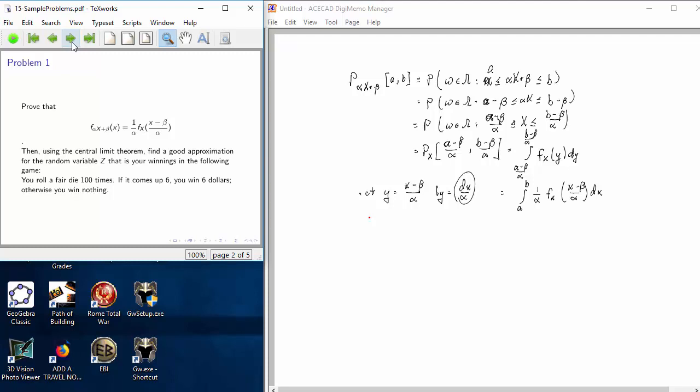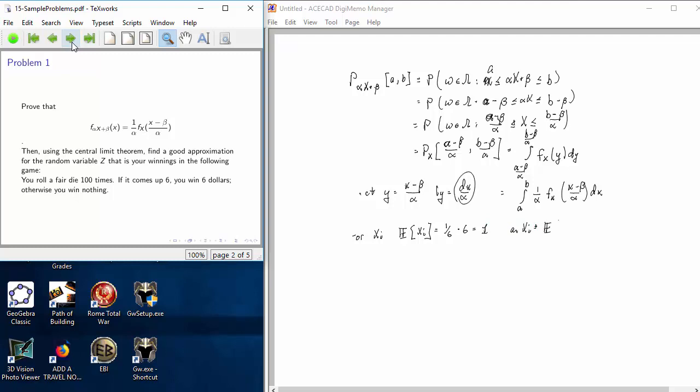You're playing a game, you roll a fair die 100 times, and the deal is if it comes up 6, you win $6, otherwise you win nothing. So let's think about the random variable that describes the ith roll, x sub i. The expectation of that random variable is the probability of 1/6 of getting $6 times $6, or 1. And the variance